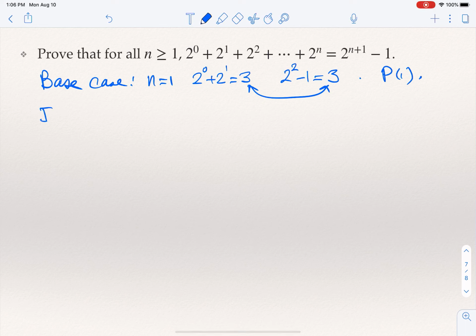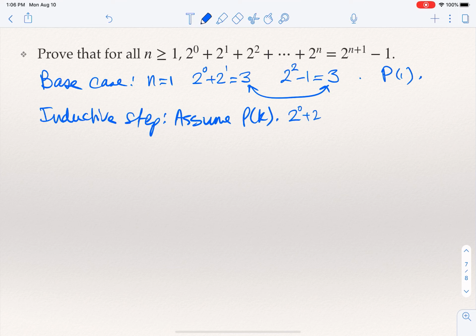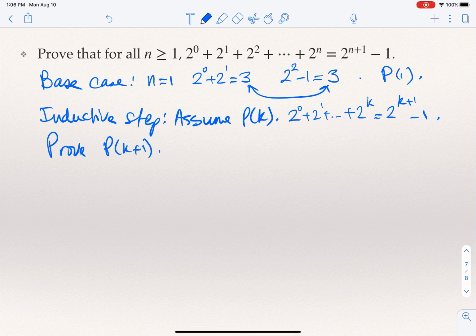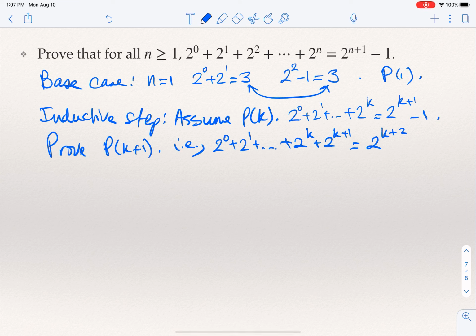If we look at the inductive step, assume P of k is true. In other words, assume that 2 to the 0 plus 2 to the 1 all the way to 2 to the k equals 2 to the k plus 1 minus 1. And we want to prove that P of k plus 1 is true. But P of k plus 1 is true means that we want to show that 2 to the 0 plus 2 to the 1 plus ... plus 2 to the k plus 2 to the k plus 1